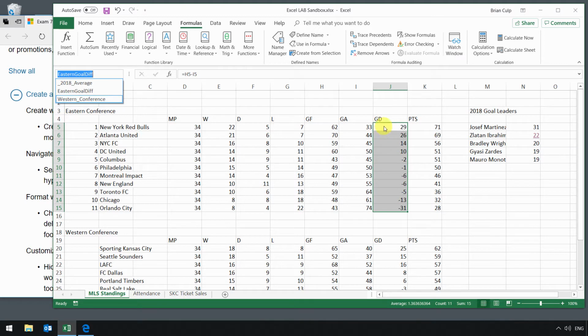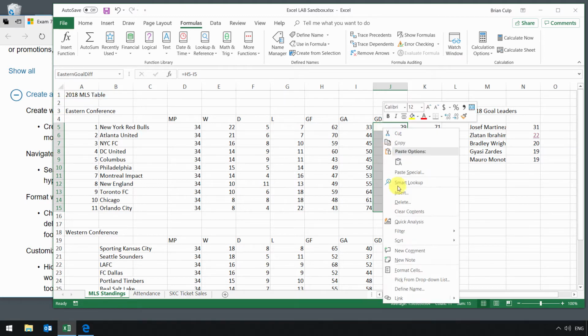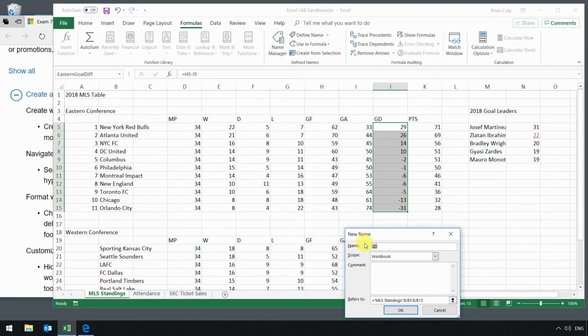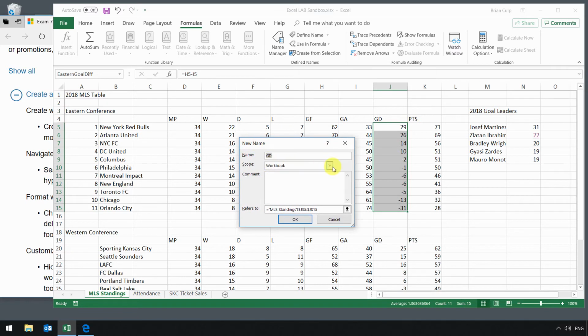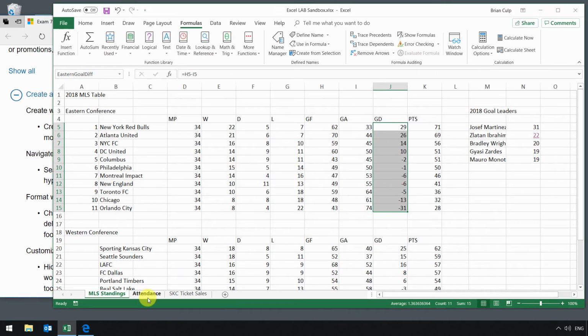One last thing about the named ranges is this. When you are creating the named ranges, the scope is going to be either the workbook or a specific tab, if you have different worksheets in that workbook. The default is workbook, which means that the range will be selectable no matter what worksheet you're on. But if you limit the scope to just a worksheet,